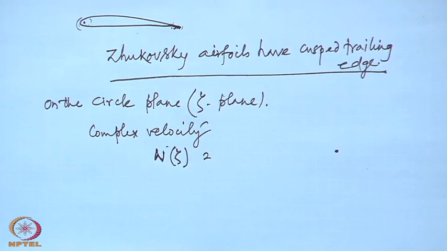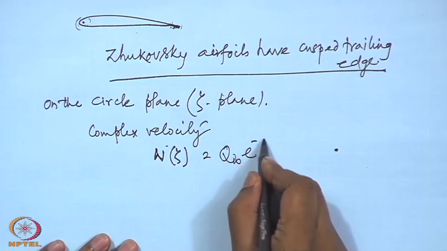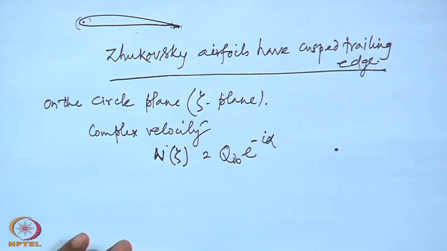So, the complex velocity due to a uniform stream, we will consider a general uniform stream. For the circle, whatever the direction of the uniform stream, it is always along a diameter, but different diameters represent different lines as far as the airfoil is concerned. So we must differentiate that. We will consider a particular fixed x axis and the flow direction at a particular angle. So the complex velocity due to a uniform stream is q infinity e to the power minus i alpha,